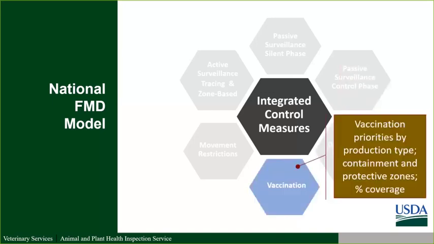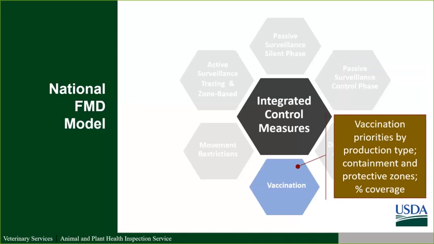And then finally, for vaccination. So I'll discuss in more detail some of the different strategies we previously looked at to consider for vaccination, but our model allows us to implement various vaccination strategies, such as by species, production type, age class, the different zones or how it would be applied, so circular or ring zones around detected farms, for instance, for containment type strategies.